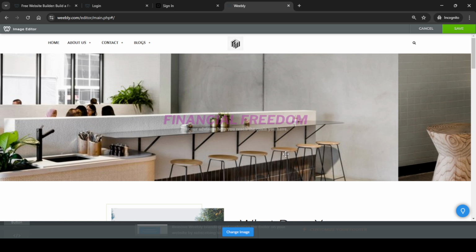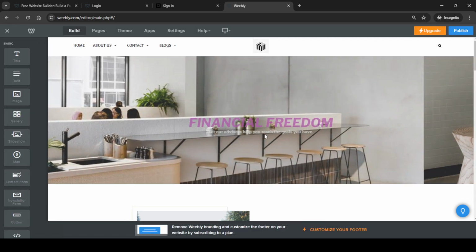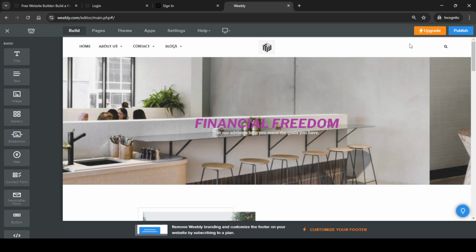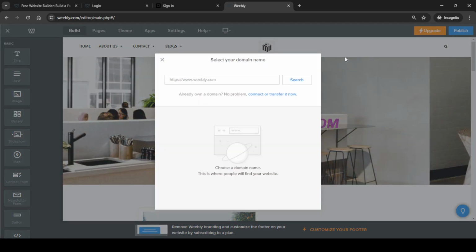We're almost done. The final step in this process is to click on publish. This will update your live site, reflecting the changes you've just made with your new background picture. And there you have it, you've successfully changed your Weebly site's background image. Remember, changing your background picture can greatly impact the look and feel of your site, so choosing